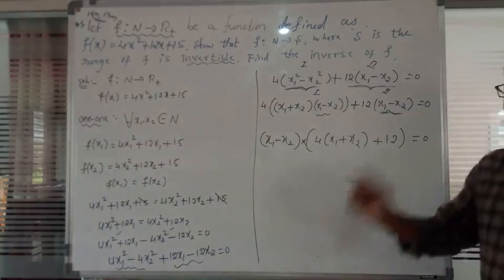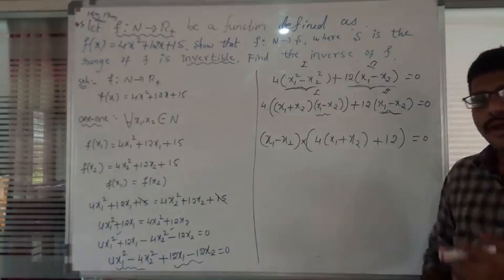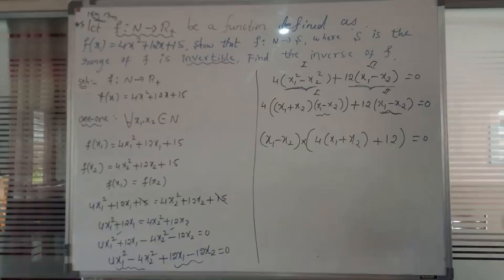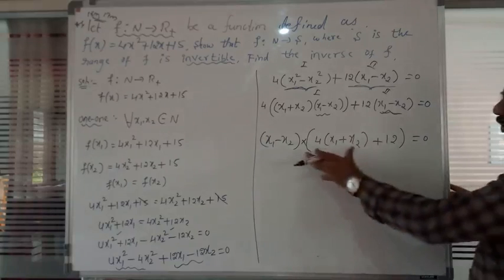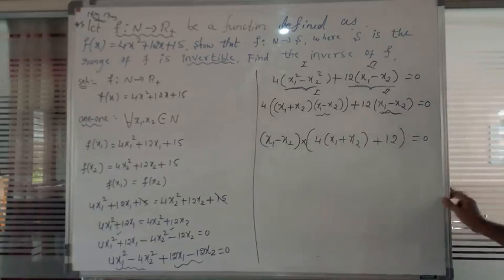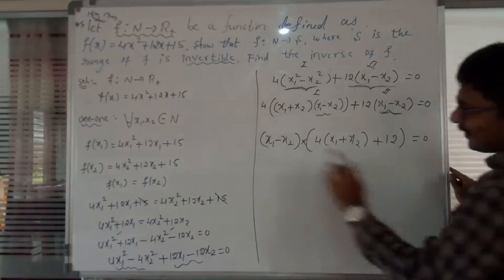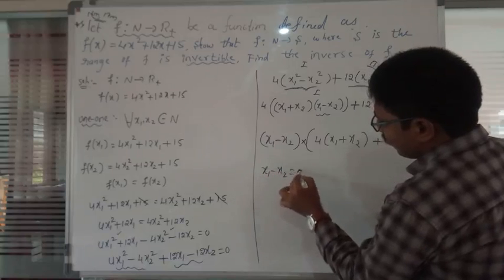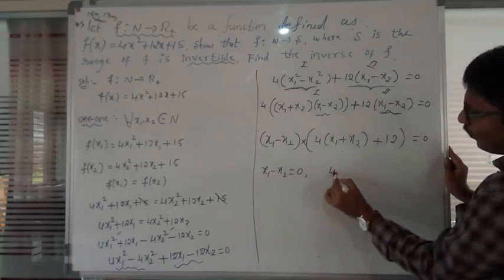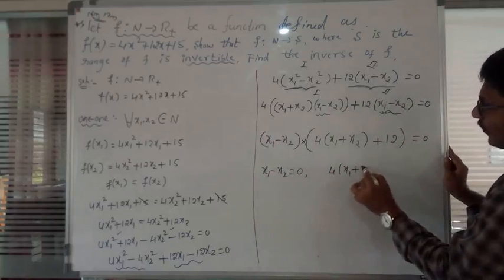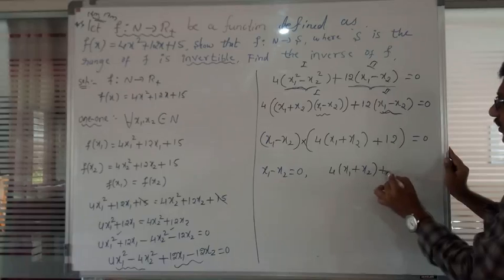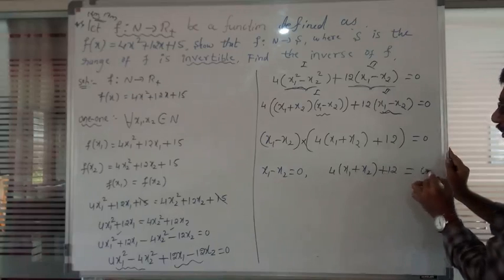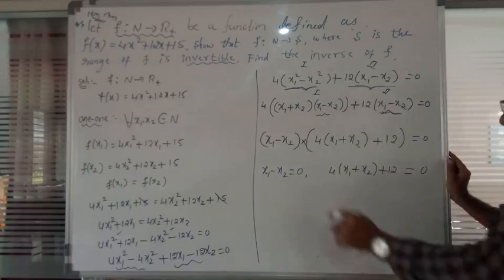Now we will make those two equations equal to 0 individually. It means separately equate them. So x1 minus x2 is equal to 0 and 4 of x1 plus x2 plus 12 is equal to 0. So from these two equations,